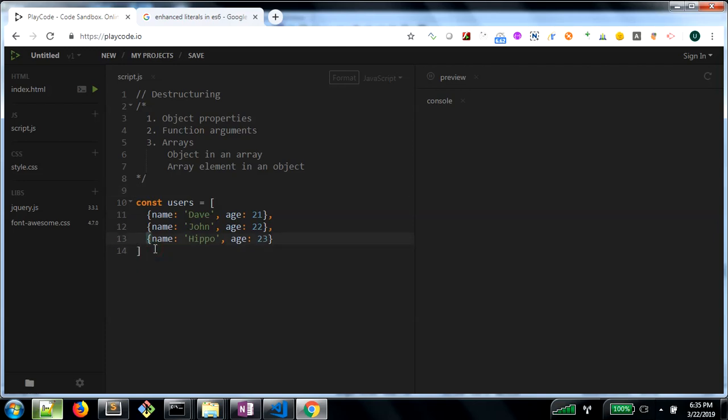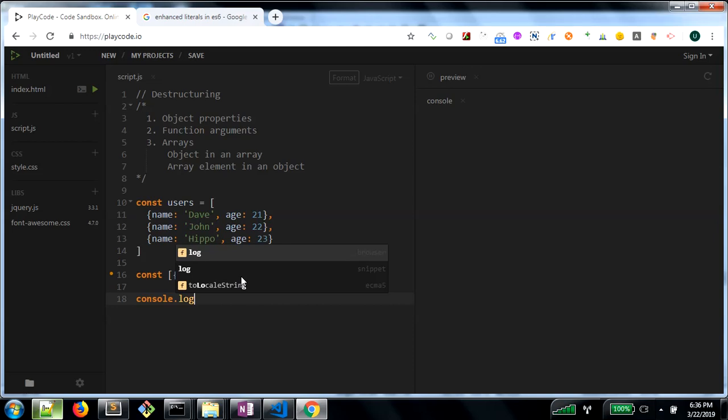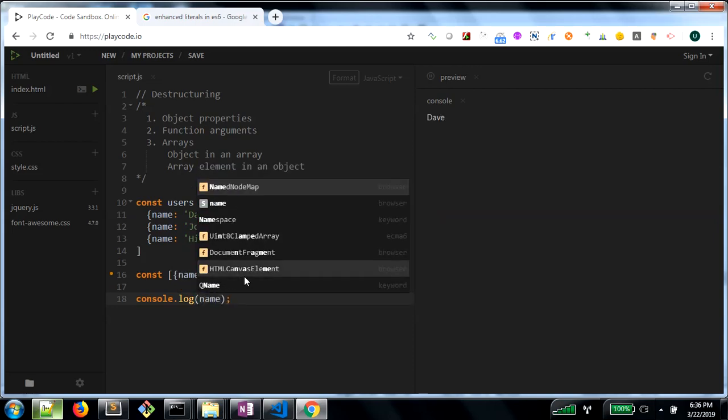Now how do I access the name of the first element of my users array, right? So I can say const. So first it goes from outside in. So first it is an array. We have to pick the element in an array, and I want to pick the name property, right? So I can say this equal to users, and I can say console dot log name. So you can see Dave,